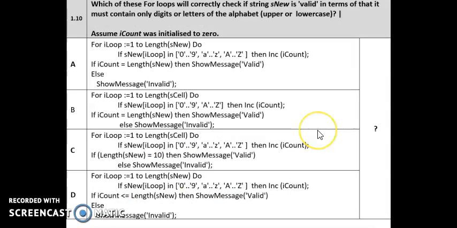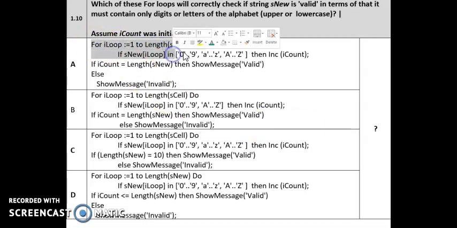Right, let's finish. Part 1.10 looks a little bit horrific because all the code looks really long, but again, a lot of the code's exactly the same. So it's the standard approach we've got here. It's going to look at the question now, but essentially it's going through the string snew. Okay, it's going through the length of snew,